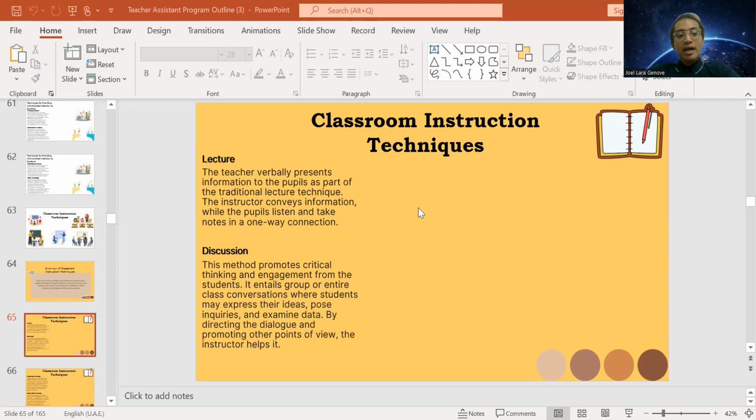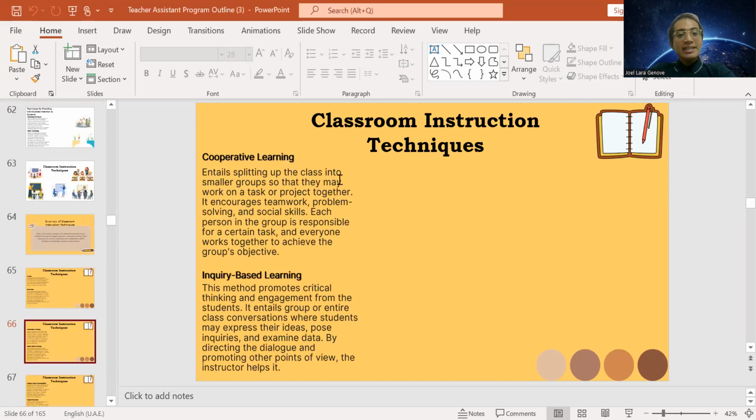Discussion technique allows you to know the level of understanding of your students. If I ask your thoughts and insight on a certain topic, that will help the teacher or the teaching assistant gauge the level of understanding and how you grasp the topic. Okay? Next, we have